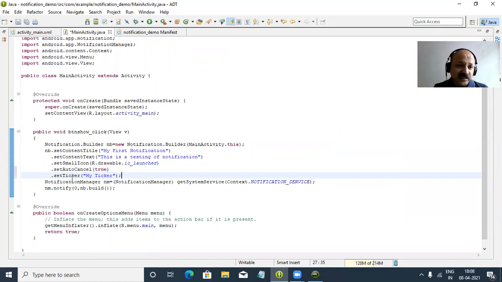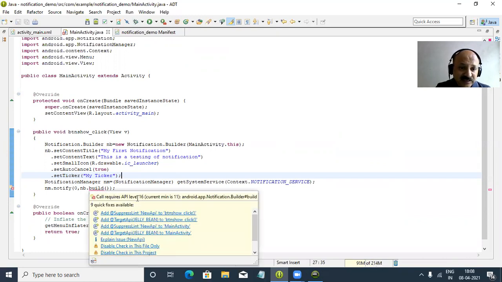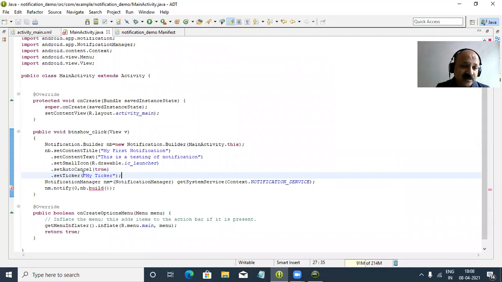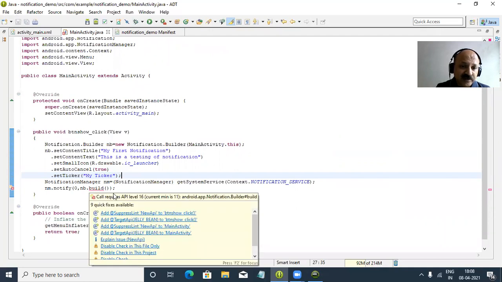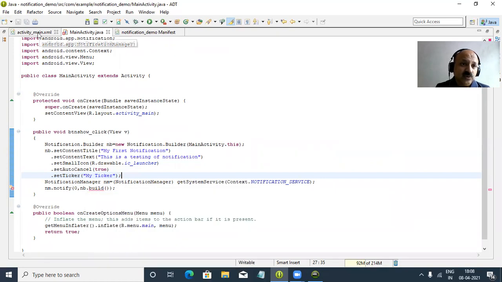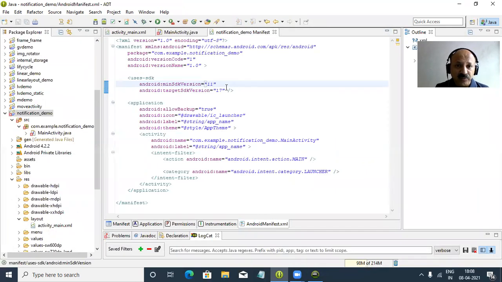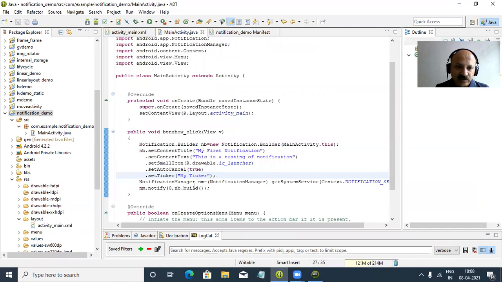So my ticker or my notification, whatever. So we can set the ticker, and I save, and again there is an error. Yes, let us check. I press Control S. So you can look here, it is not working, so what to do? Here it is the API level. I just set the ticker and the build method shows an error, because the ticker method is supported from API level 16. So what to do? Here the Android manifest file is already open, and we can give API 16 as supported. So I save, and there is no error. You can look here, the error is gone.